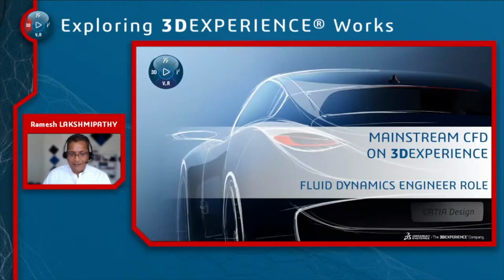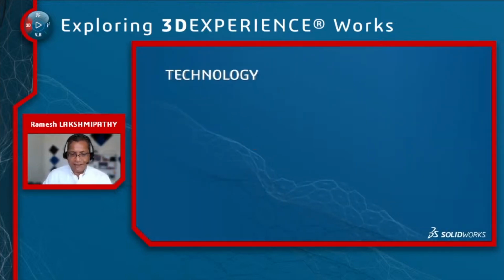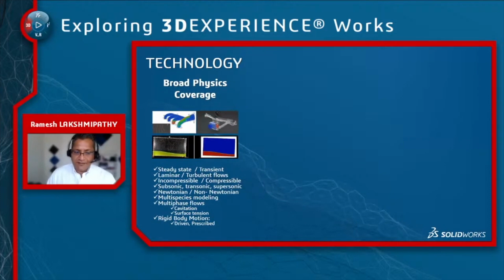I'm going to talk a little bit about the technology, give you a 30,000-foot overview of some of the key technologies. So let's start with the type of physics it can solve, right? It does have a broad physics coverage, and keep in mind this is CAD-centric as well. In terms of physics, just like any other CFD tool out there, there are many different levels of physics you can solve with fluid dynamics engineering, including multi-phase flows with surface tension effects, and even rigid body motion,